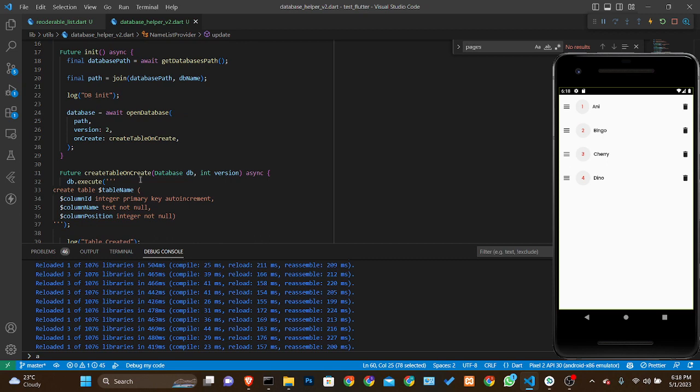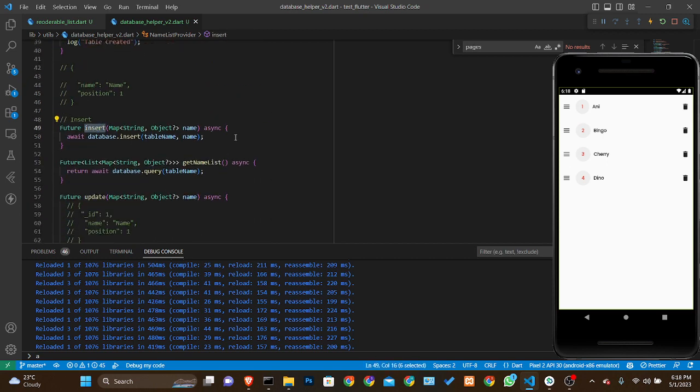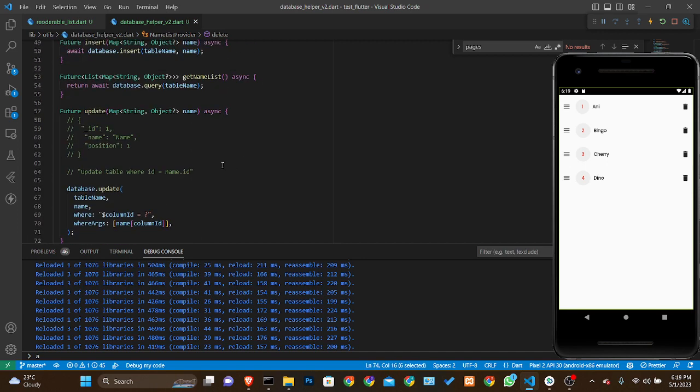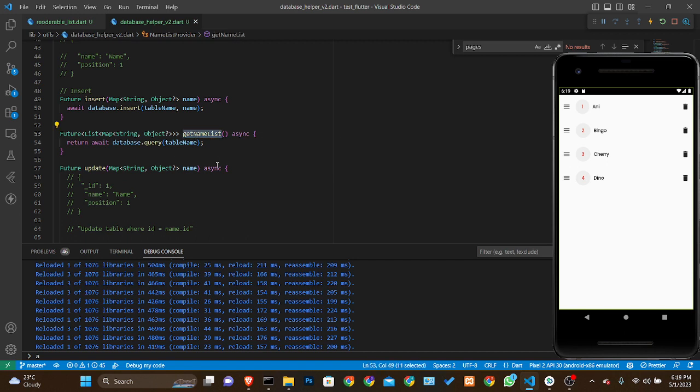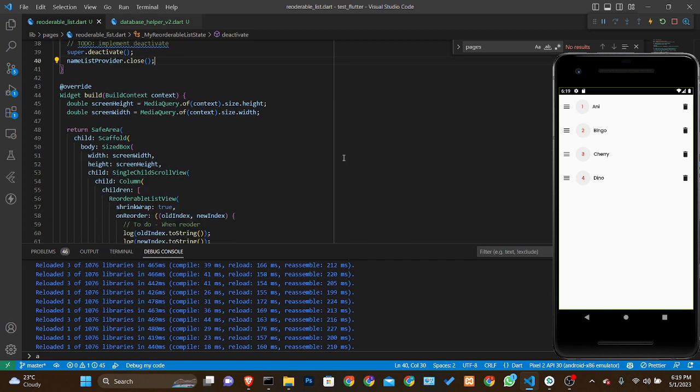So we have created a table, we have a function to insert data, we have a function to update data, we have a function to delete data. We have a function to read the data, that will be get name list, okay. That is it. There is nothing much to learn about it. I just wanted to demonstrate. For the demonstration, it's simply easier for you to copy and paste